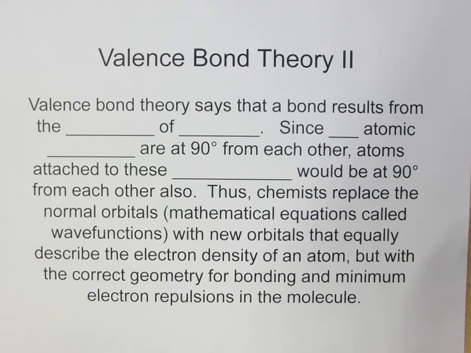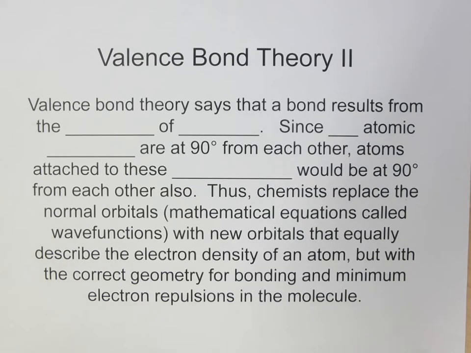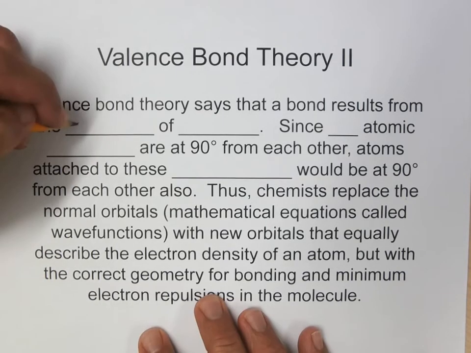It is now time to get a little bit deeper into valence bond theory and try to explain why this theory exists and what we would use it for, or what types of things it describes. And we mentioned before in the first little introduction to valence bond theory that valence bond theory says that a bond results from the overlap